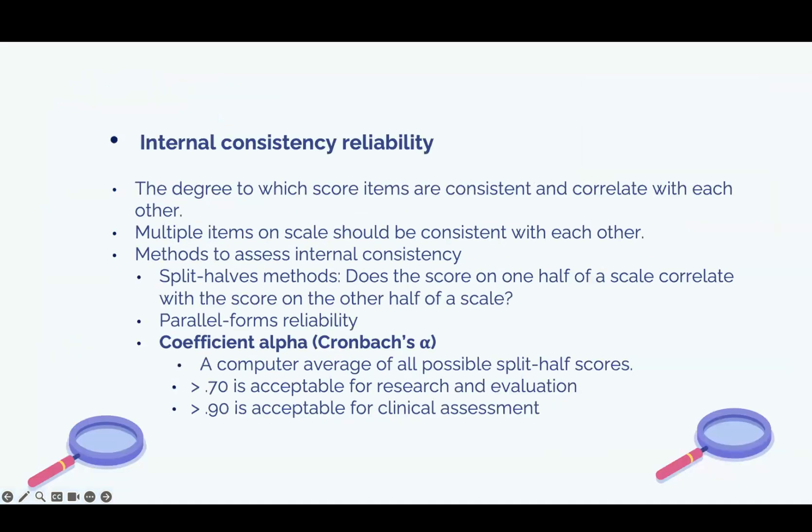So internal consistency reliability assesses whether the items of a measure are internally consistent. There are some different types to assess internal consistency. What you need to learn or remember for this concept is called coefficient alpha, or Cronbach's alpha. You will always see this term when you read a paper. It is the most common and powerful method of determining internal reliability.